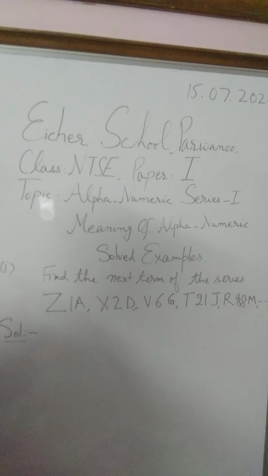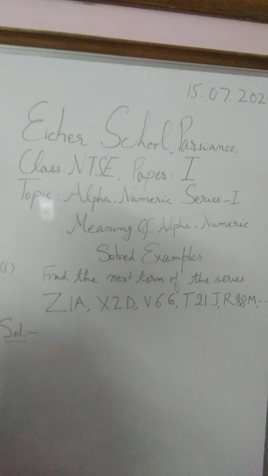And in this series we have some common patterns, some common methods, and some common sequential concepts in between them. That is why it is called an alphanumeric series, in which alphabets and digits are correlated with each other with certain formulae or with certain patterns. Now we will discuss some examples of alphanumeric series.